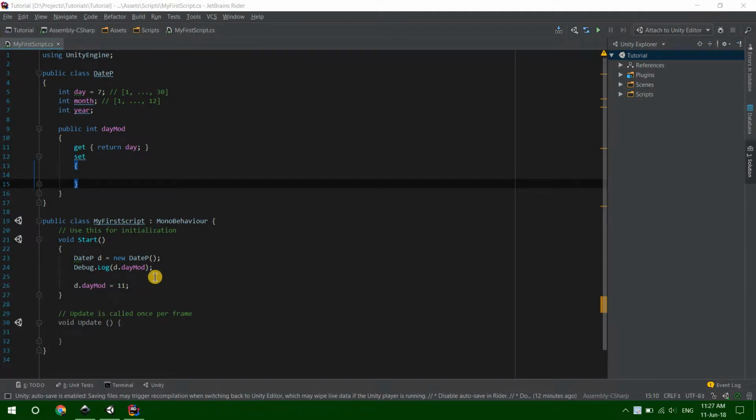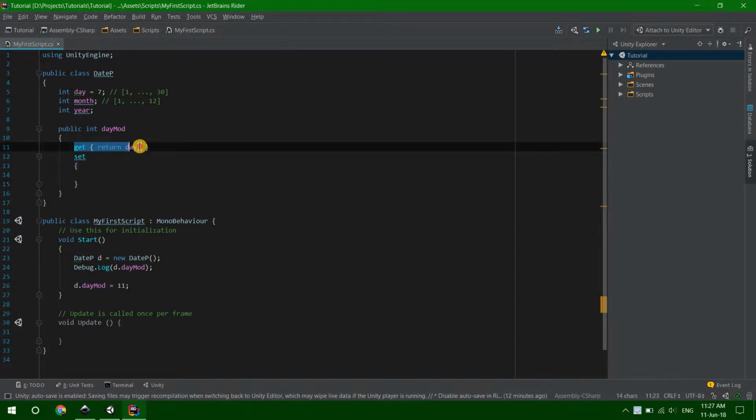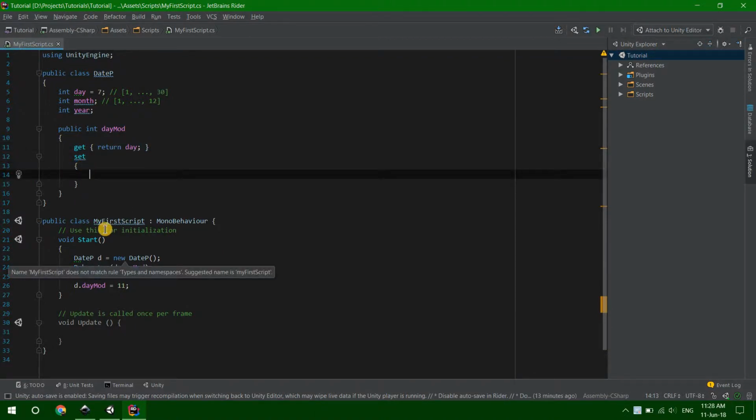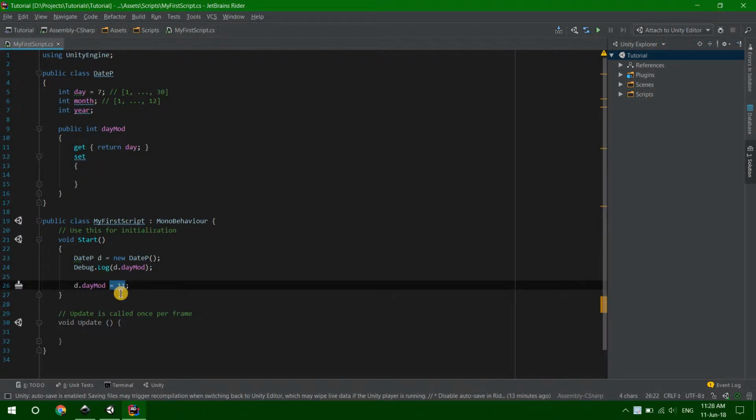So let's continue where we left off. We have a read property, actually a read accessor on our property, so we can read our property. The get is a read property. And now let's implement the set property, in other words, the write property, so that when this thing is executed,